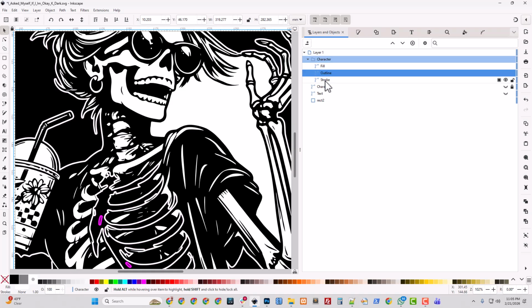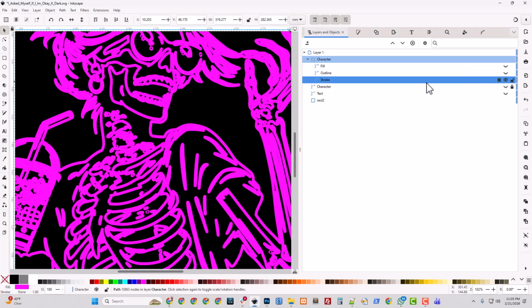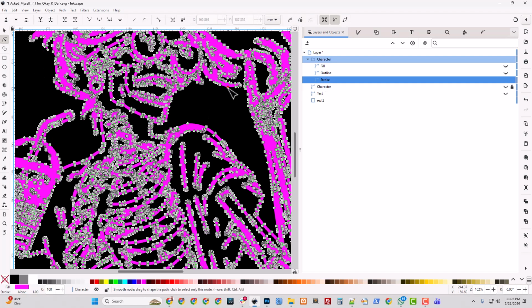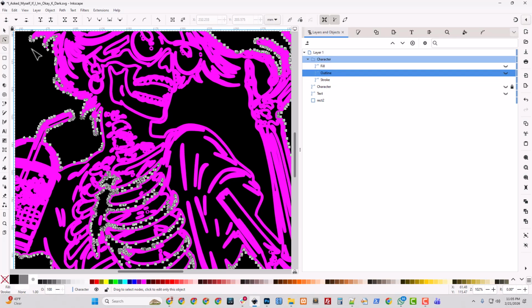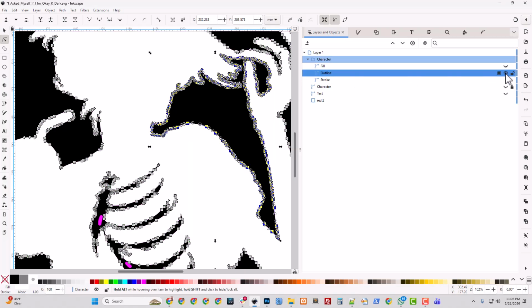And that's why I still have my stroke layer. Let's move stroke up here. Let's actually just turn off these other ones. So there's my stroke. I think that I need also this inner ring. Copy. I'll go to my outline and I'll paste. Control-Alt-V. And I think if I turn my outline back on, yeah.